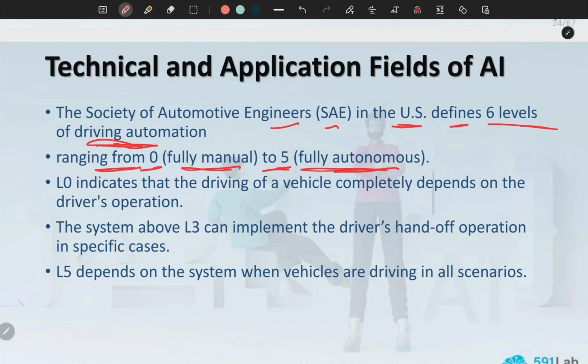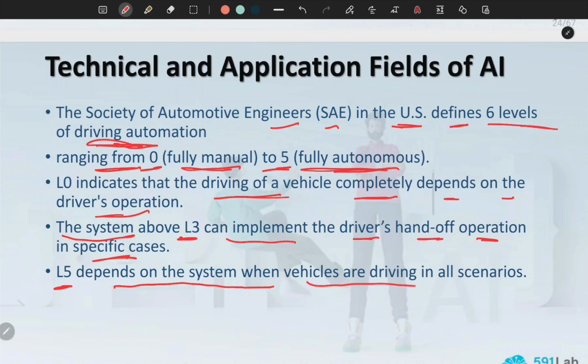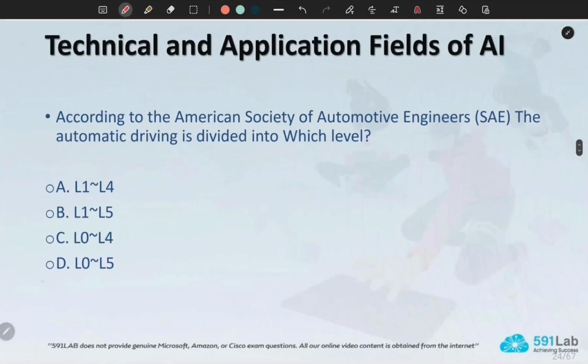L0 indicates that the driving of a vehicle completely depends on the driver's operation. The system above level 3 can implement the driver's hands-off operation in specific cases, and in level 5 it depends on the system when vehicles are driving in all scenarios. So level 5 is fully autonomous and level 0 is fully manual. So the correct answer here is level 0 to level 5, 6 levels.